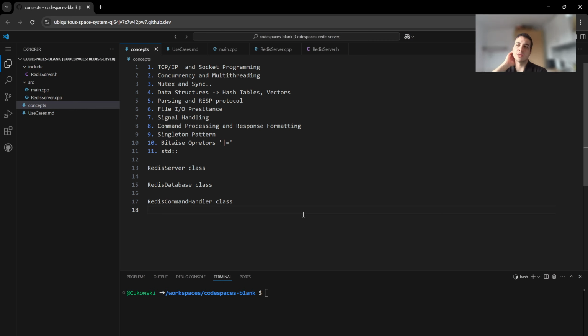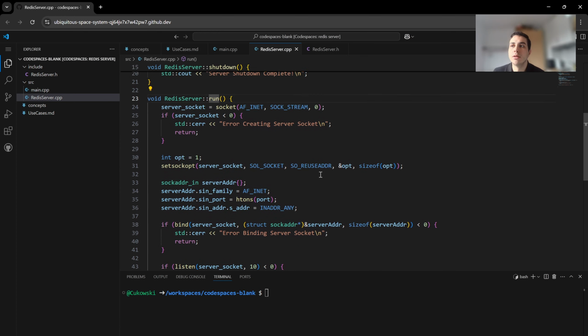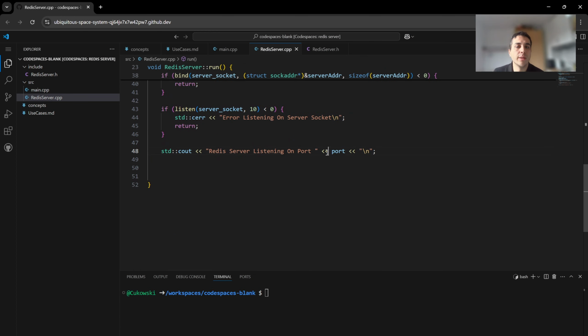And I think we can start on the command handler because, as you know, in our C++ run function, we came to the point where we are listening on the server. After this, I will call my command handler and accept the client from the socket,